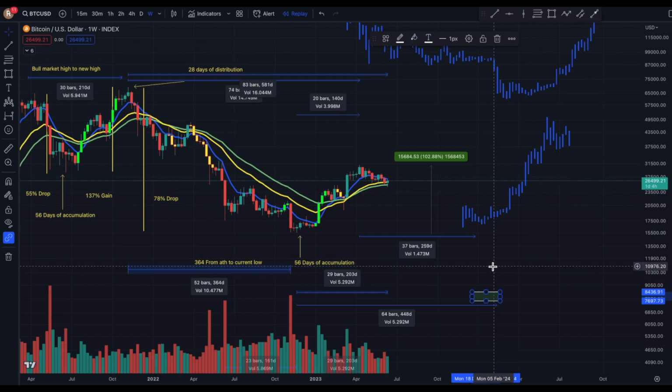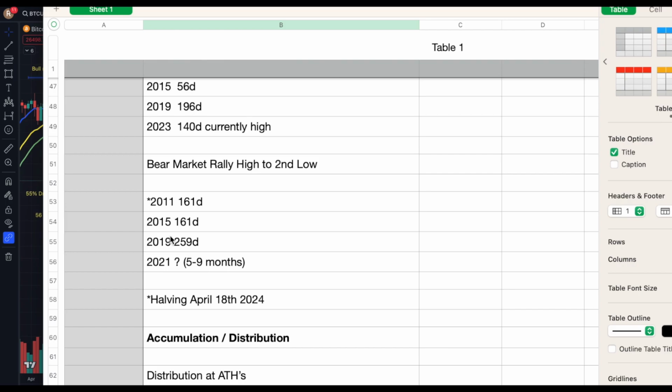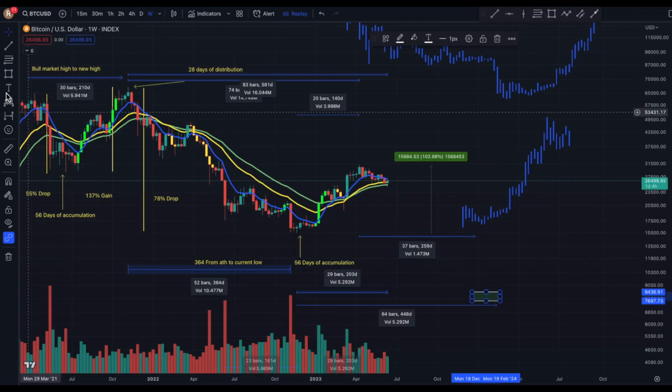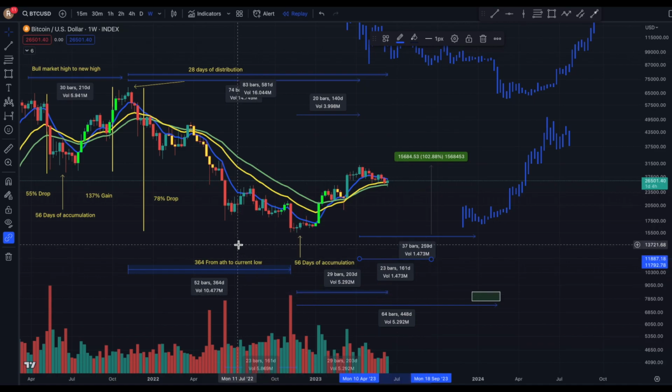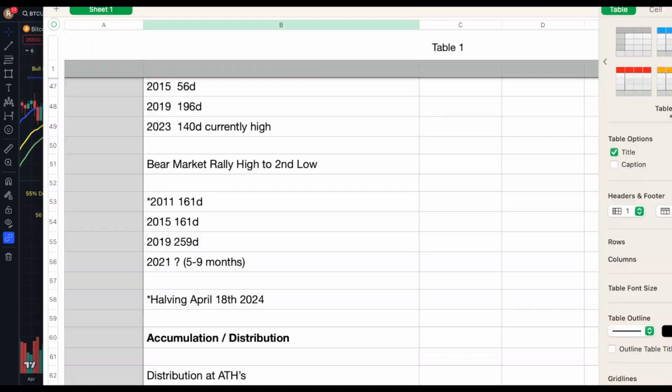Now, if we went off the other market cycle data, let's say 160 days, and we'll see what that looks like in confluence also between the lows. So I know this from looking at it, between the lows,